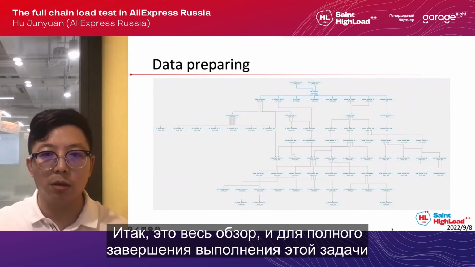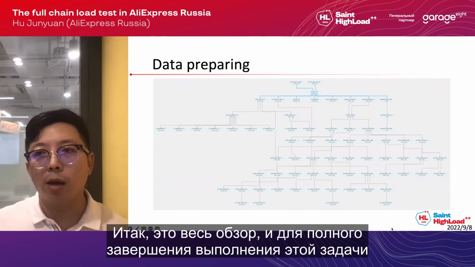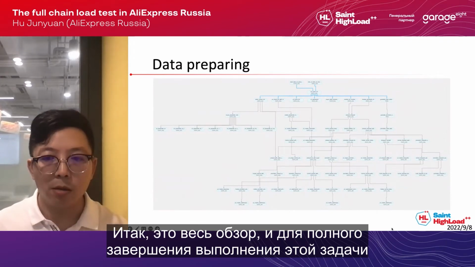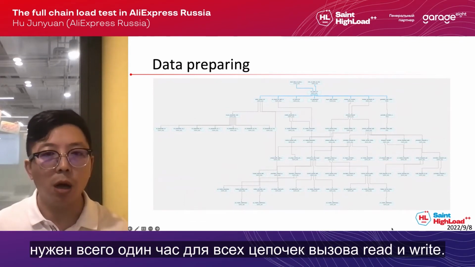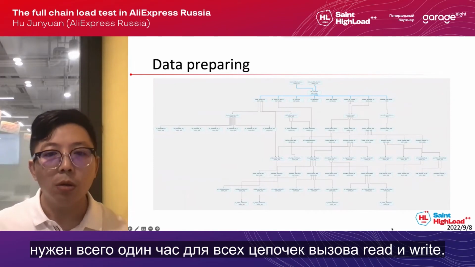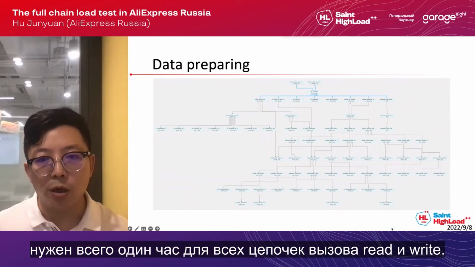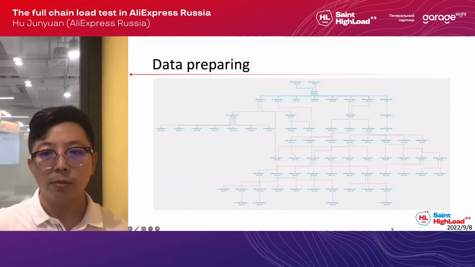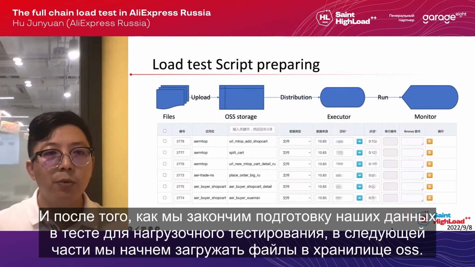So this is the overview, and completely running this task just costs 1 hour for all the read invoke chains and write invoke chains data preparing. And after we have finished our data preparing in the load test,